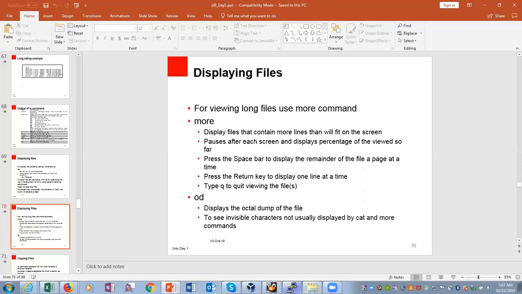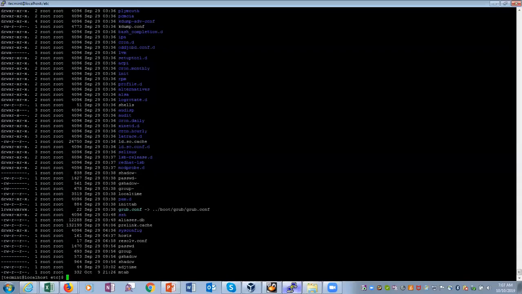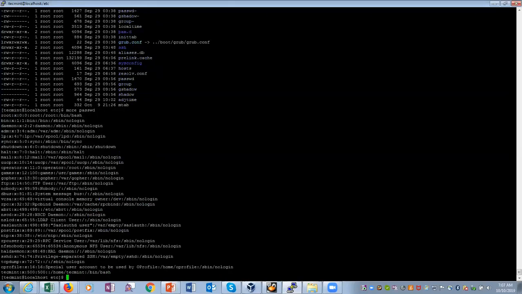If I have a big file, then I can show you. I don't have a big file here in my system. Let's do more on the passwd file. Here you cannot see the paging because it's within one screen.